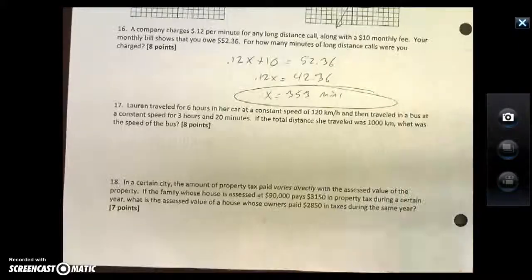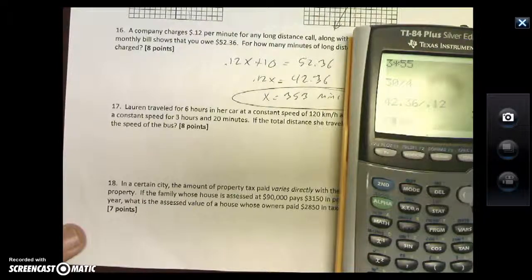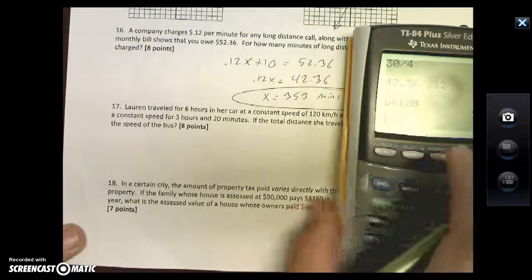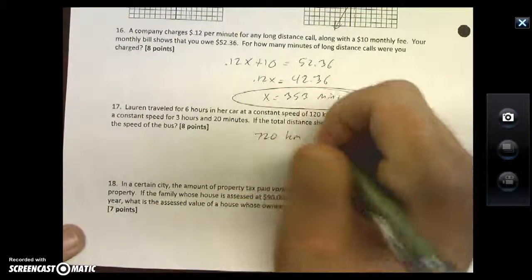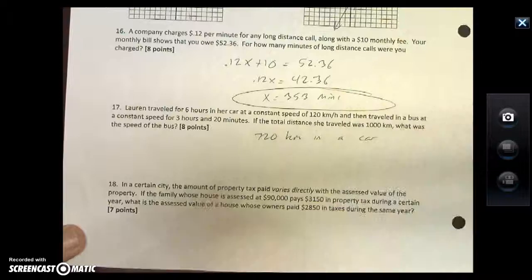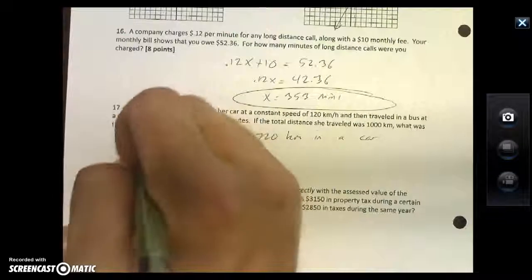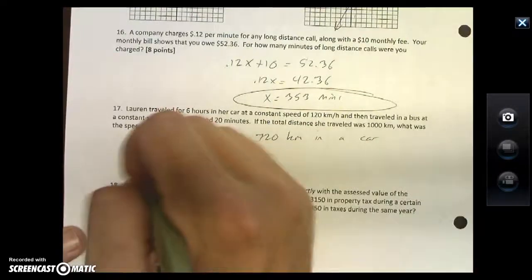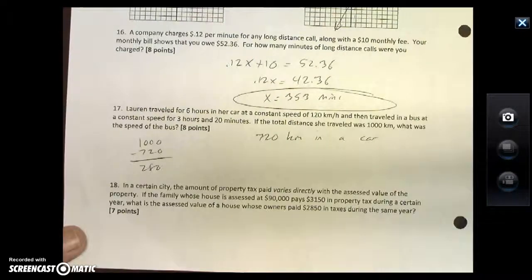Very, very good. 17, Lauren traveled for 6 hours in the car at a constant speed. Okay, same problem as before. So what we're doing here is multiplying 6 times 120. She travels 720 kilometers in the car. She knows she traveled 1,000 total. So 1,000 minus 720 gives her 280, which means she traveled for 280 kilometers in the van, or in the